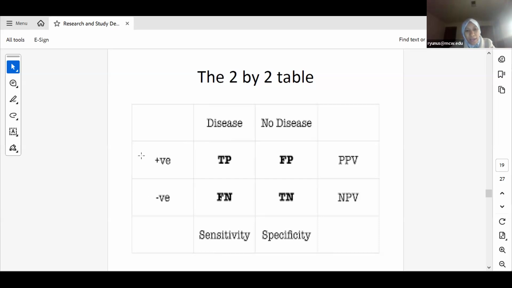Positive means those who have the risk factor or who are exposed to a certain risk factor, and the second row is negative, which means those who are not exposed. So if you're using a test or a tool to discriminate between people with disease and people without the disease,